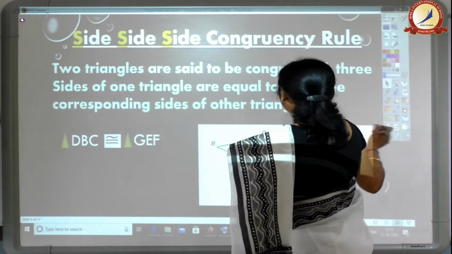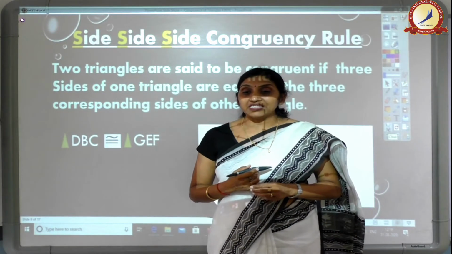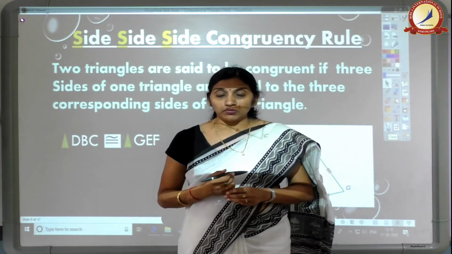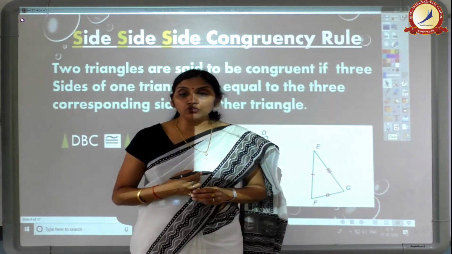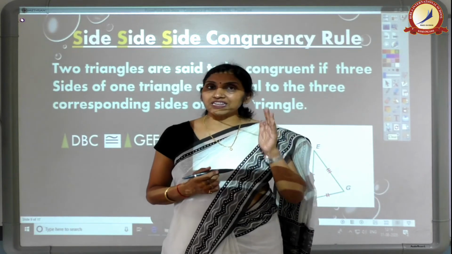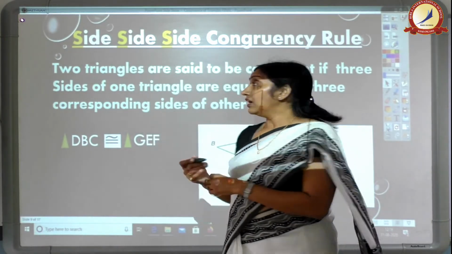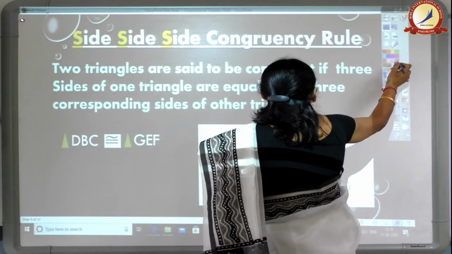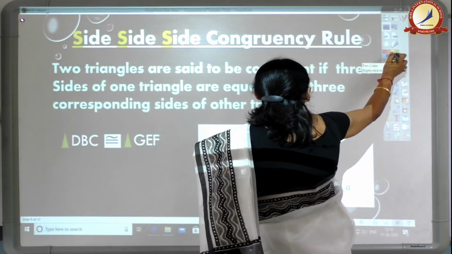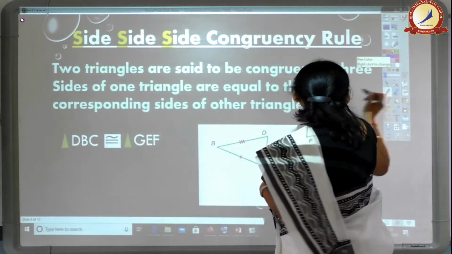So let us come to the first congruency rule, that is the SSS congruency rule. Two triangles are said to be congruent if 3 sides of one triangle are equal to the corresponding 3 sides of the other triangle. Now, if I see this, it is a triangle